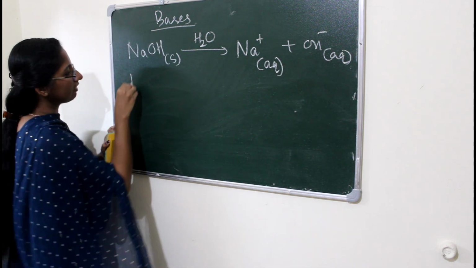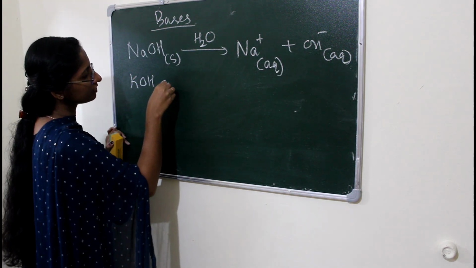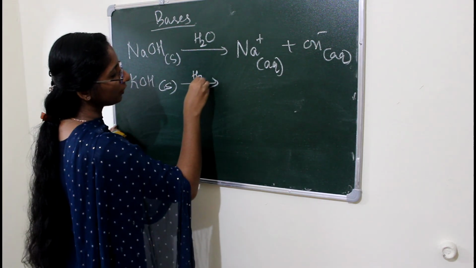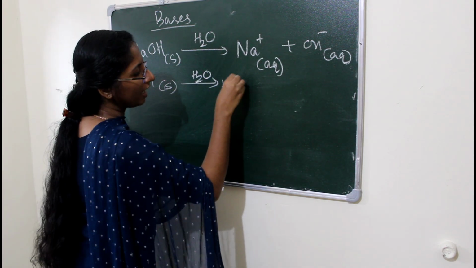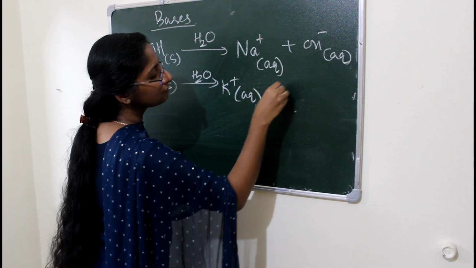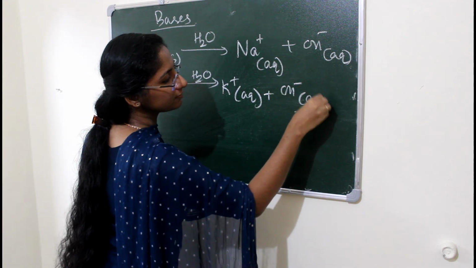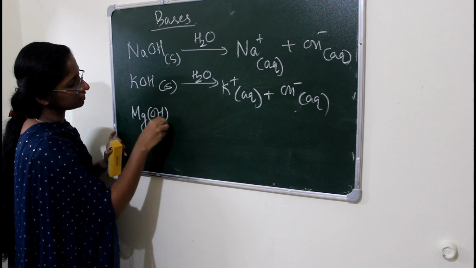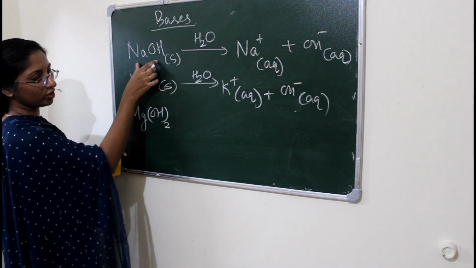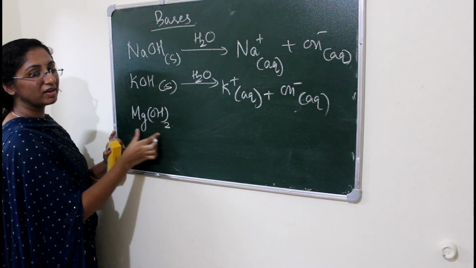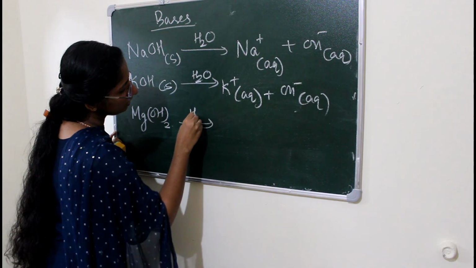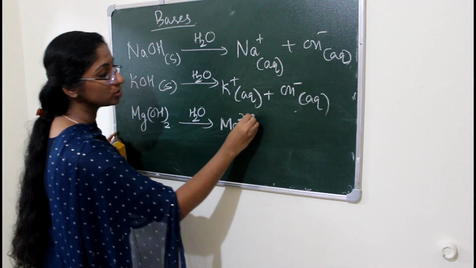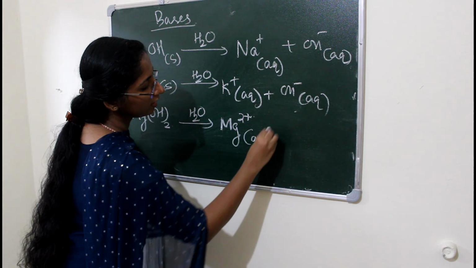Similarly, potassium hydroxide is also in solid form. When we add water to it, we get K plus aqueous and OH minus aqueous. Similarly, we take Mg(OH)2, magnesium hydroxide, along with sodium hydroxide and potassium hydroxide, and on dissolution in water we will get Mg2 plus aqueous plus 2